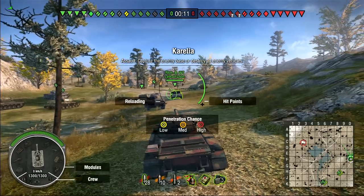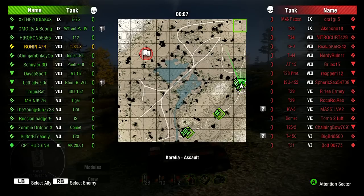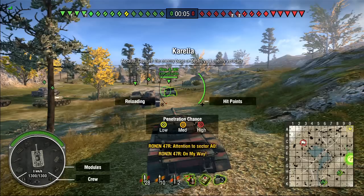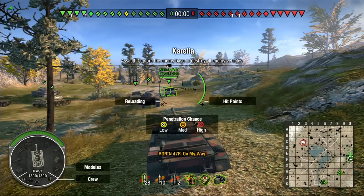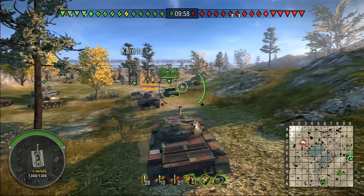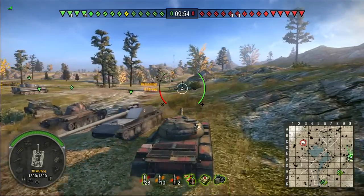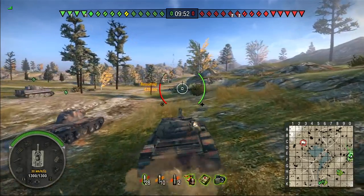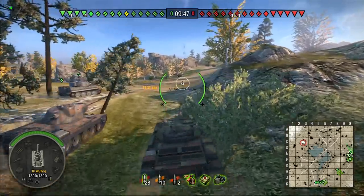Now, we're opening up here on Corellia. It is an assault map. And you can see here that I'm going to try to use its speed to get up and around. And we are on the side that needs to capture the flag. So here we go. Let's wish us some luck here. You know, you're looking around and you will notice that there are a lot of...